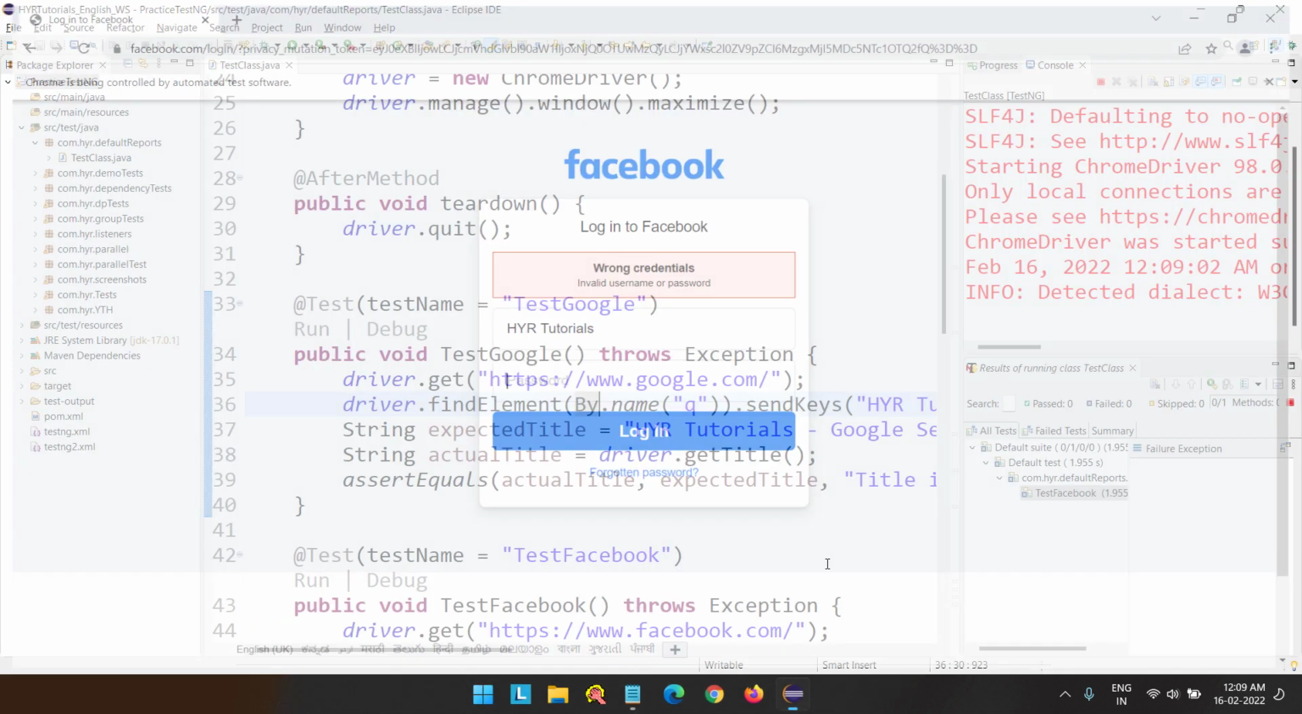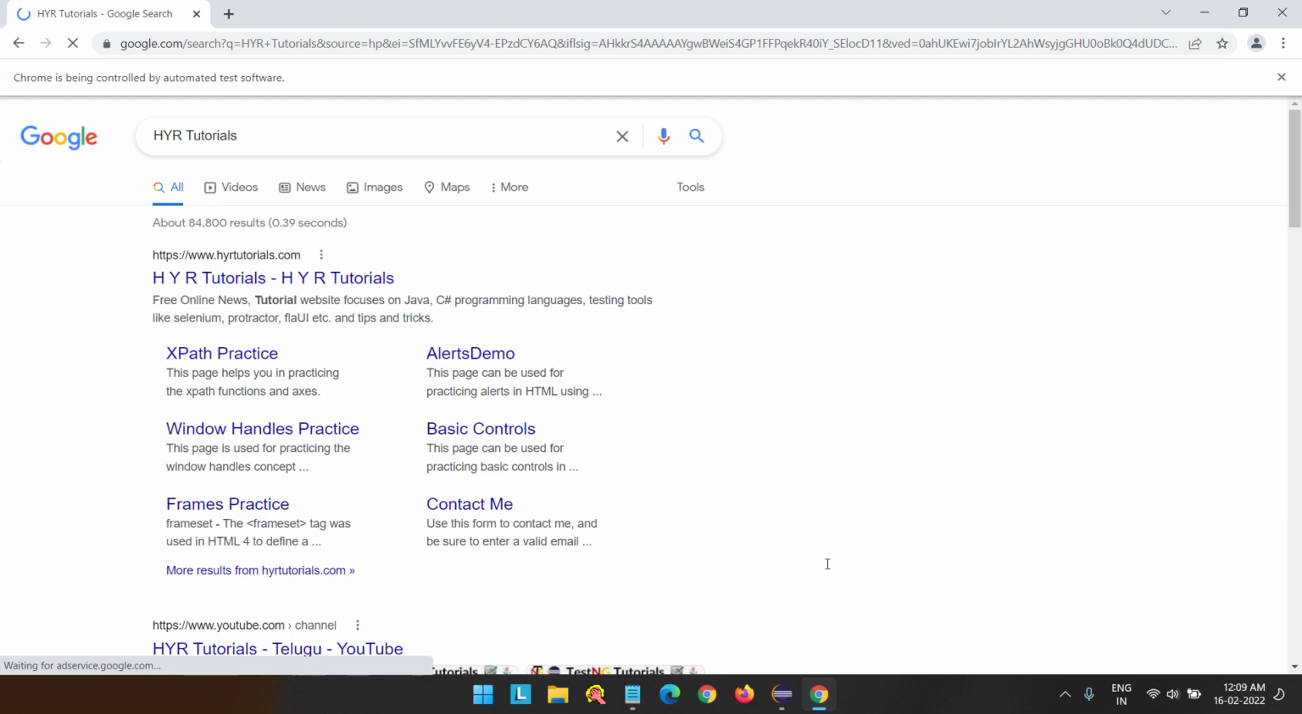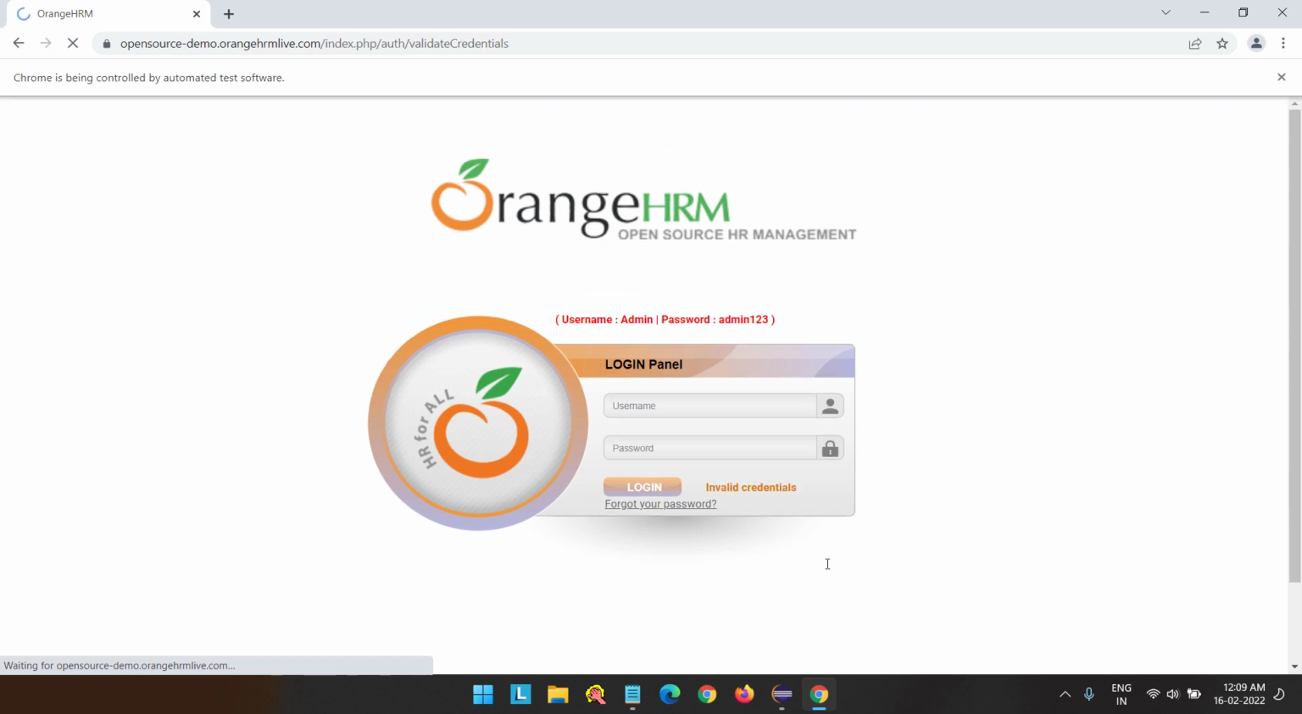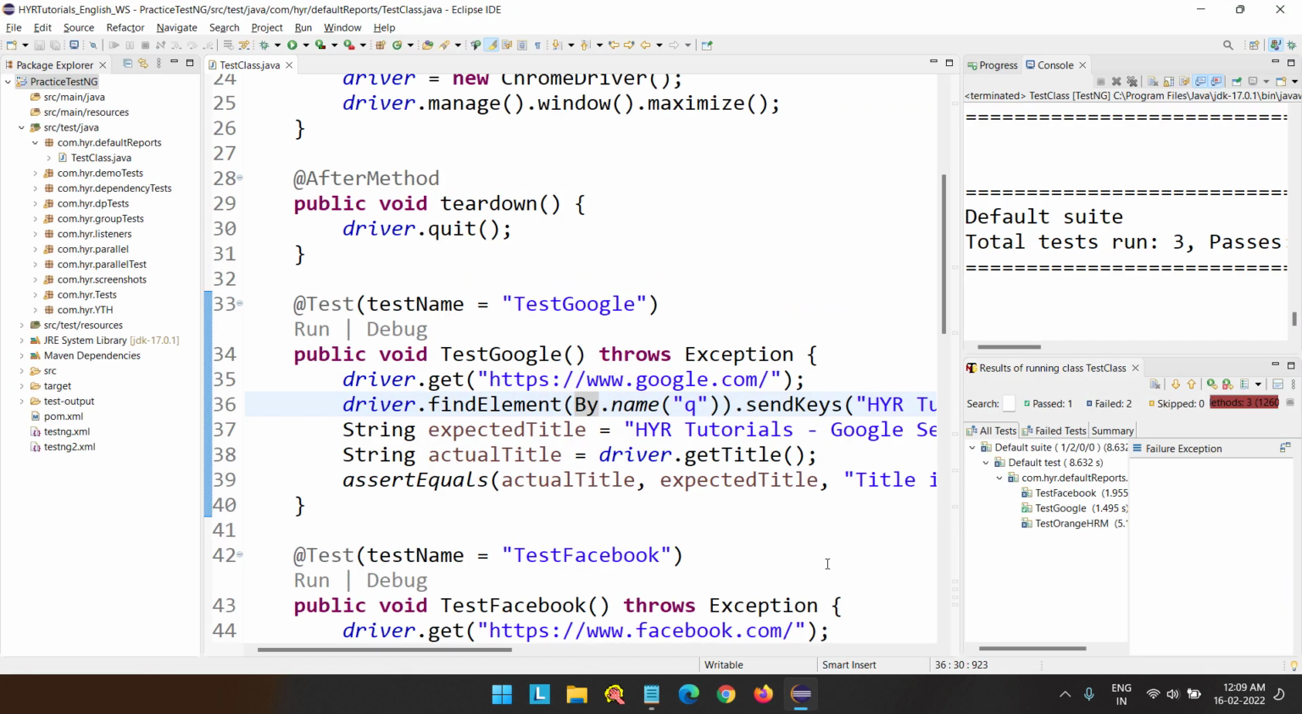So it won't take much time. Hardly it will take 15 seconds. So you can see already 2 are completed and the third one is running. So all the 3 test case execution is completed, right? So now if you want to see the execution information, like how many are passed and how many are failed,